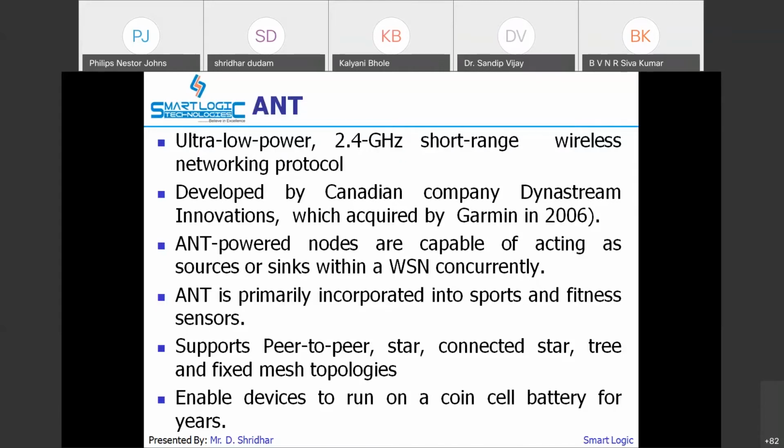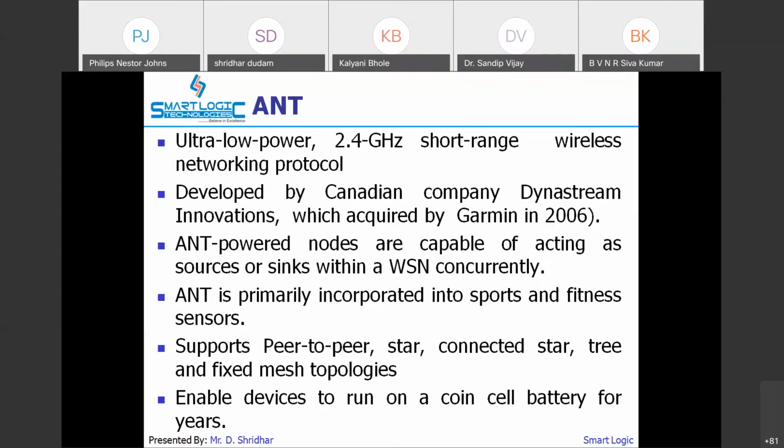Earlier, Garmin used this protocol for their devices, but slowly some other companies are also using it in their devices. It's not standardized, but the users are increasing now. More and more companies are using it. Semiconductor companies are also introducing ICs with support for the ANT communication protocol.